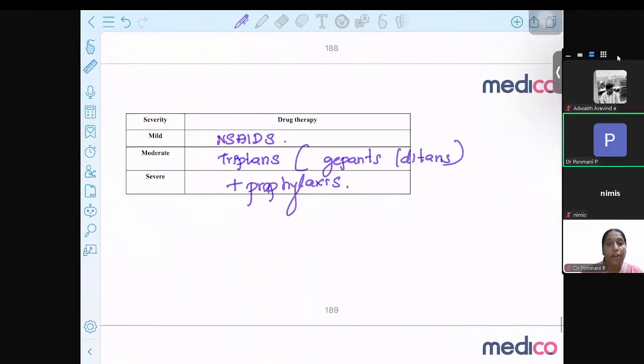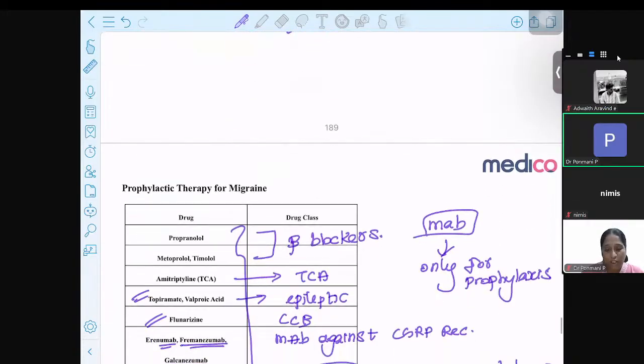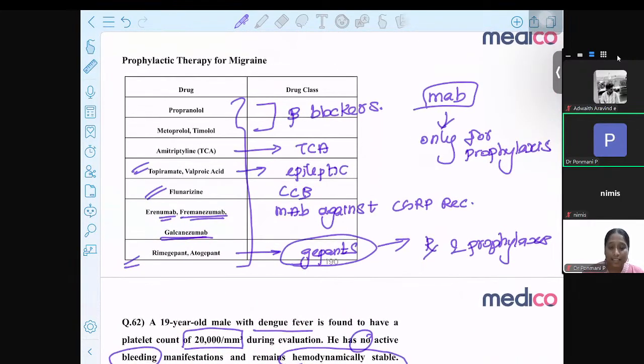So please remember, for mild migraine, NSAIDs are more than enough. For moderate migraine, go for triptans. If the patient is not responding, you can add a gepant or ditan. And for severe, you need to go for prophylaxis. What are the drugs used for prophylaxis? You have many drugs such as beta blockers, tricyclic antidepressants, under which amitriptyline comes, and you have topiramate and valproic acid, which are anti-epileptics, flunarizine, which is a CCB, and you also have CGRP modulating drugs, which are erenumab, fremanezumab,